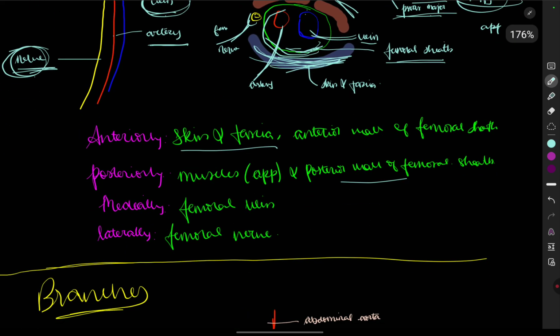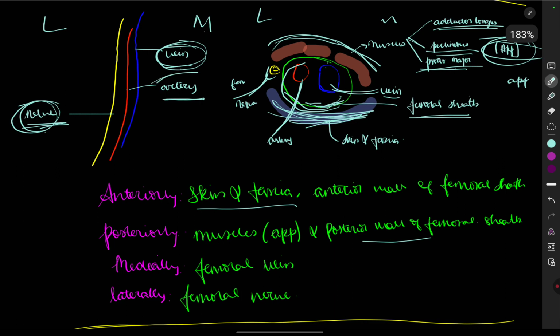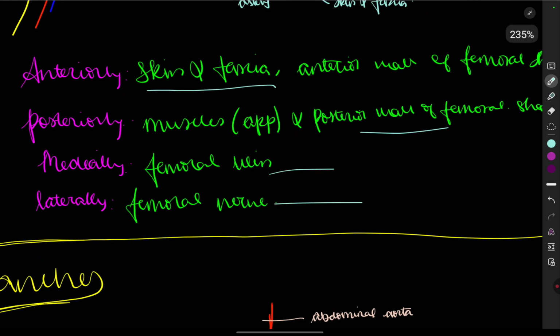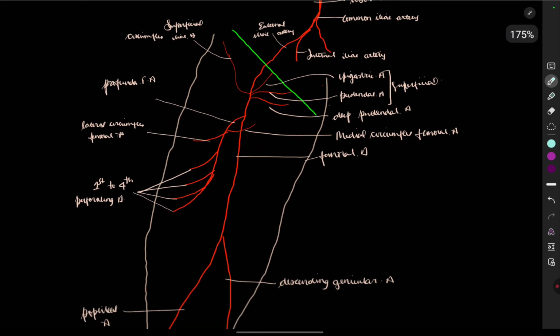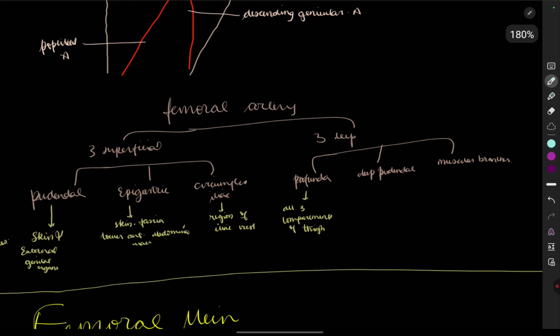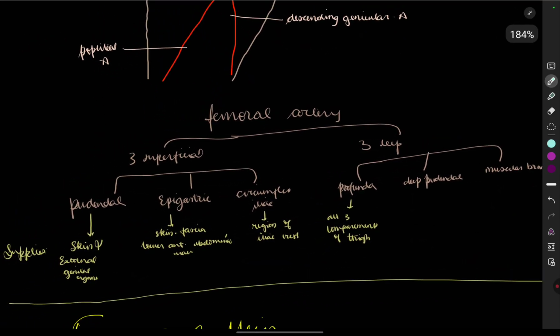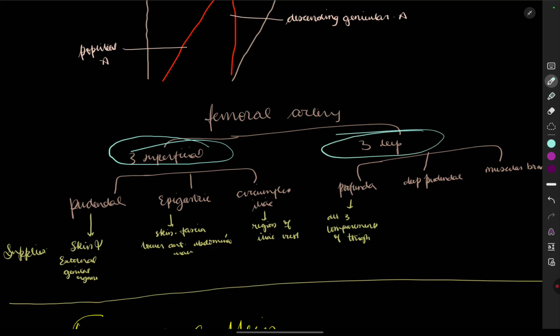Okay, on the medial side, we saw here on the medial side we have the vein, lateral side we have the nerve. So see, femoral vein, lateral side femoral nerve. Done, understood, very easy it is. Now branches. Okay, the branches, see, first we will see this. The femoral artery gets branched into 3 superficial arteries and 3 deep arteries: the pudendal artery, epigastric artery,